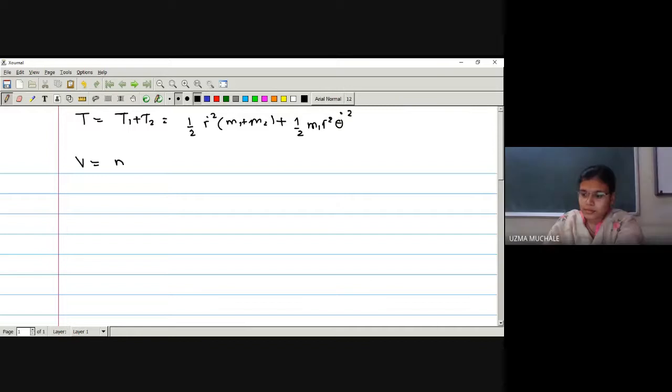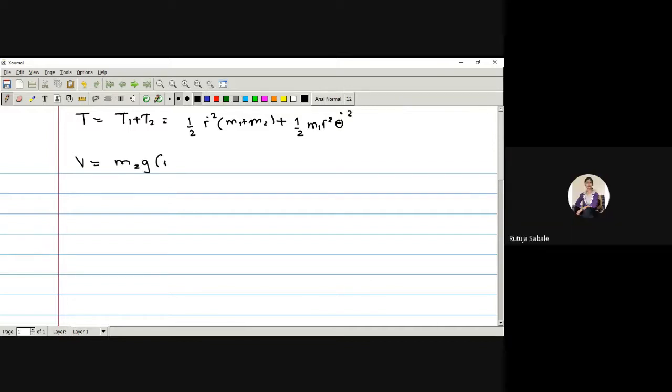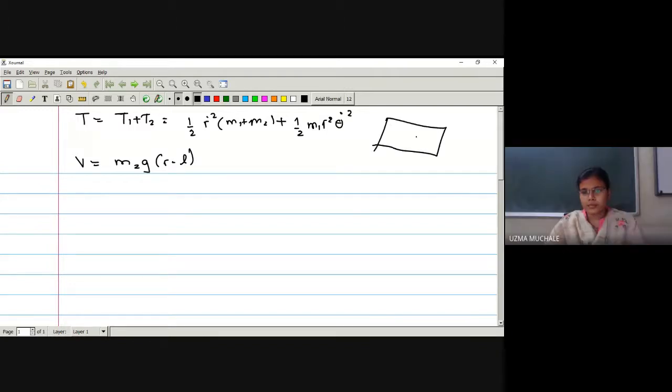A particle on the table, two masses on a table. Actually, we have two masses connected through a string. This is mass M1, M2, both connected through a string, and there is a hole on the table. From that we put the second mass, and this is a radius R, the distance from the origin. And this is an angle theta, made by mass M1 with the positive direction of the x axis. This is our y axis.